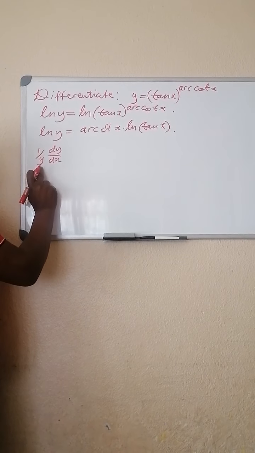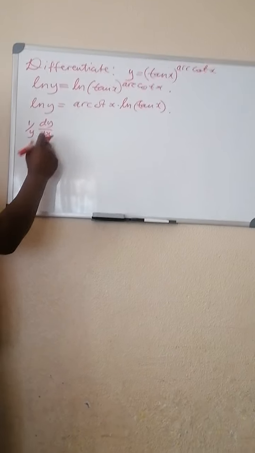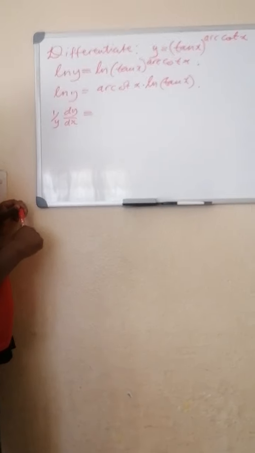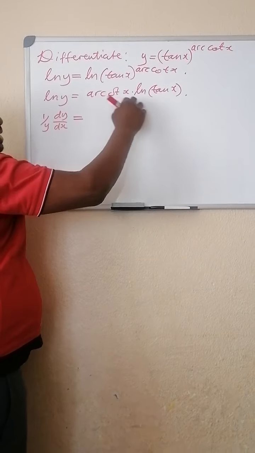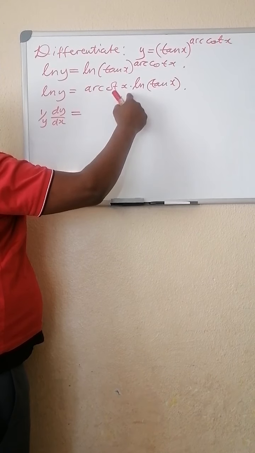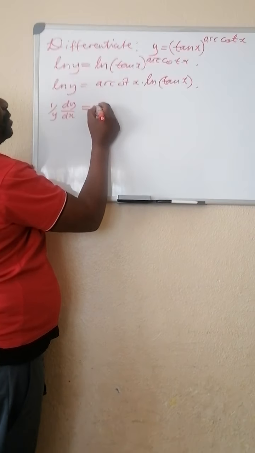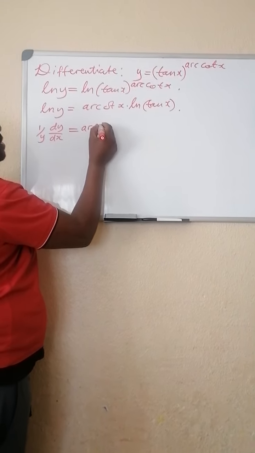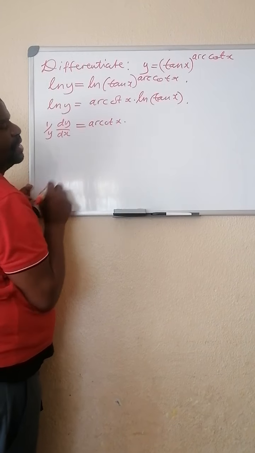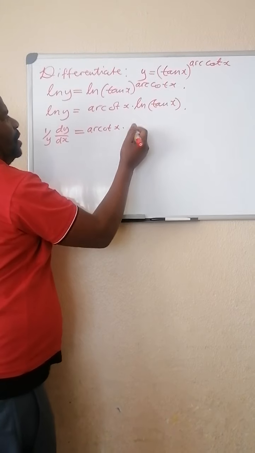Every time we differentiate this y, we need to show that, as that is what the rule is saying. Now this will equal, on the right hand side, a product of arc cot x and ln tan x. How do we differentiate a product? We take the first term, arc cot x, multiply by the derivative of ln tan x,